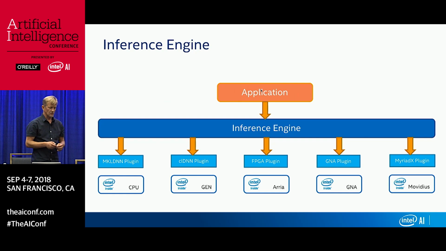So the inference engine high-level architecture looks like this. On top you have your application, which is using inference engine APIs. Using these APIs, you can load one of the supported plugins that we have right now. This is a CPU plugin based on MKLDNN, a plugin for running inference on GEN based on CLDNN, for FPGA based on a DLA SDK, for GNA based on GNA SDK, and we also have support for Movidius devices